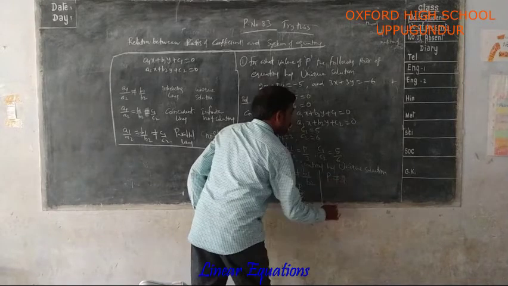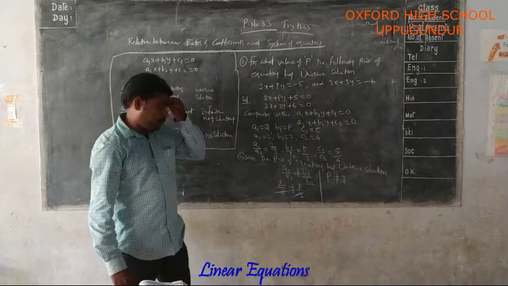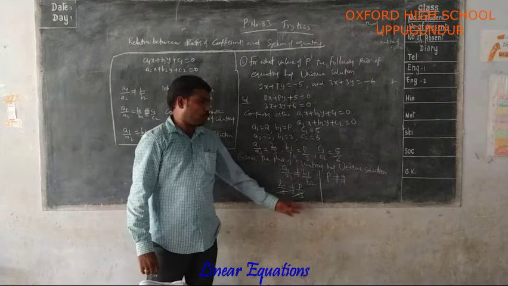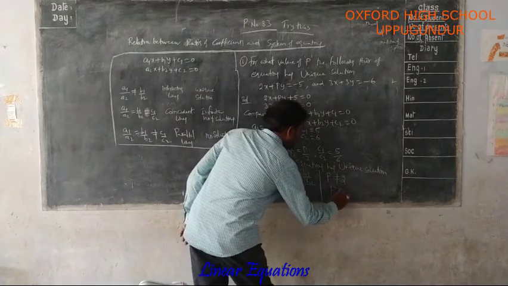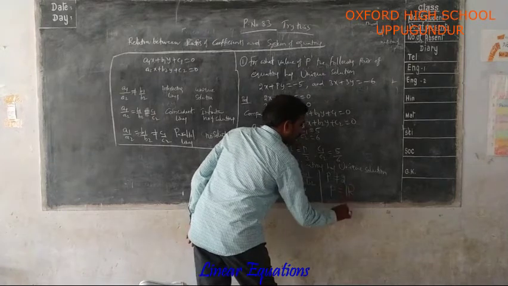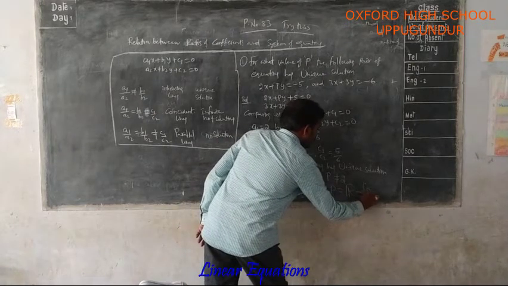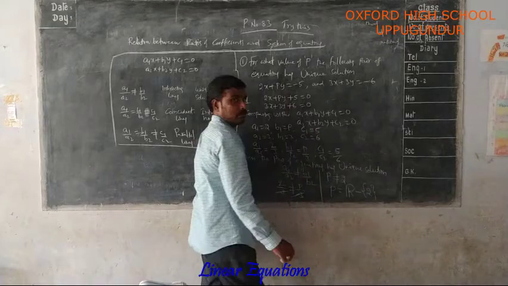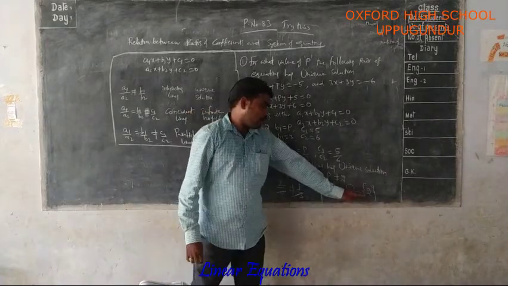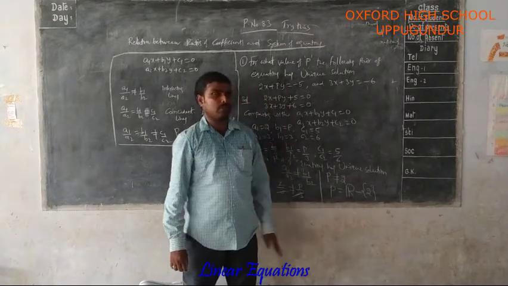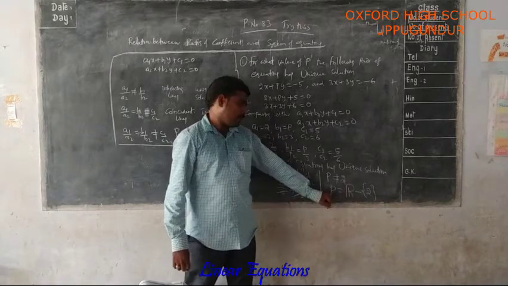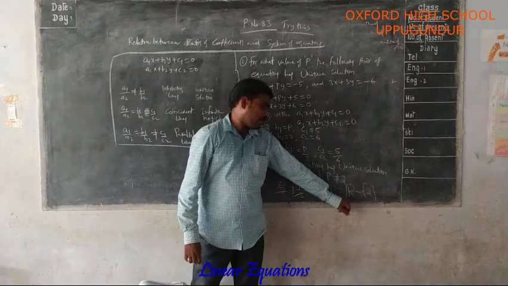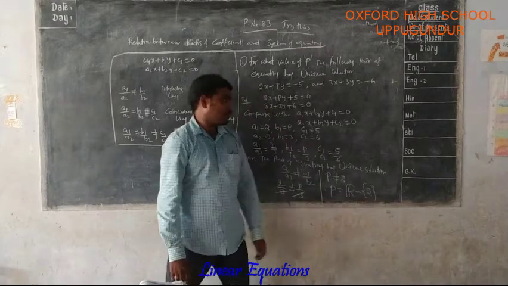P not equal to 2. That means the p value should not be 2; it can be anything except 2. So how can we write it? Therefore p equals the set of real numbers from which you remove the singleton set {2}. From the real numbers, you can take any value for p other than 2. So you can write p not equal to 2 is the solution, or otherwise p equals the set of real numbers minus the singleton set {2}.